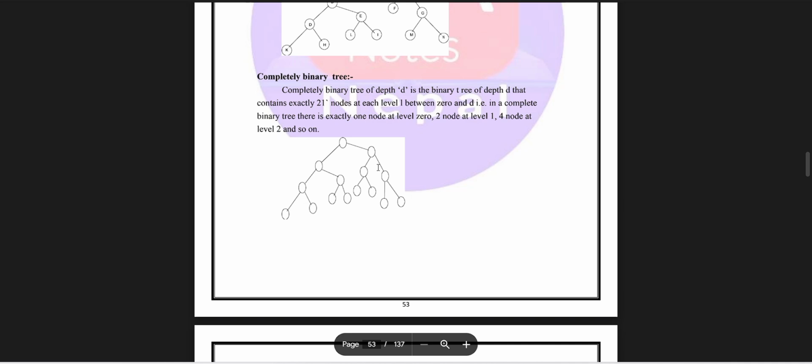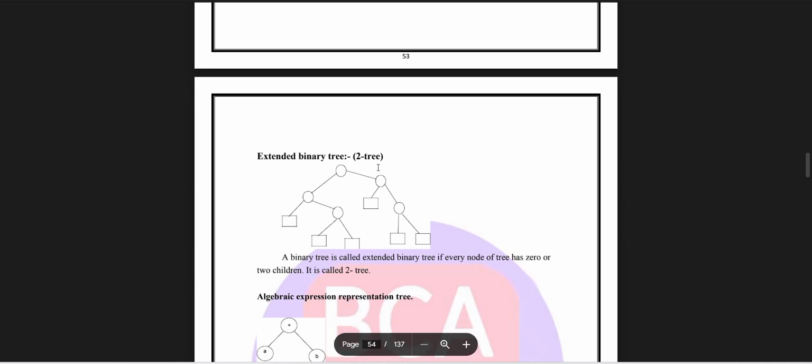Extended binary tree: a binary tree is called an extended binary tree